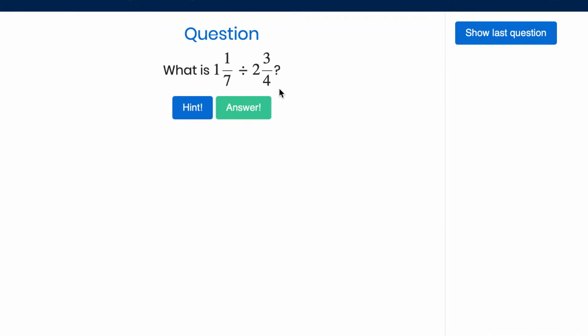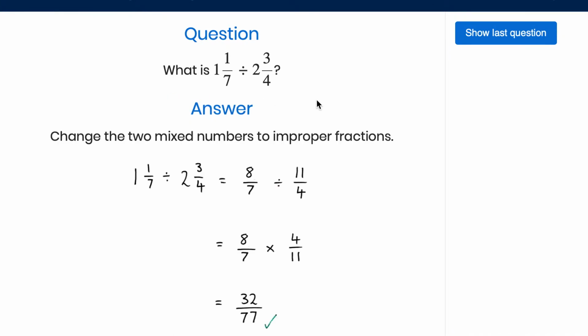Okay, so here is the answer. Now, as mentioned earlier, write the two mixed numbers as improper fractions. So 1 1/7 is equal to 8/7, because 7 times 1 is 7, and then 7 plus 1 is equal to 8. Similarly, 2 3/4 is 11/4, because 2 times 4 is equal to 8, and then 8 plus 3 is equal to 11. So we have 1 1/7 divided by 2 3/4 is the same as 8/7 divided by